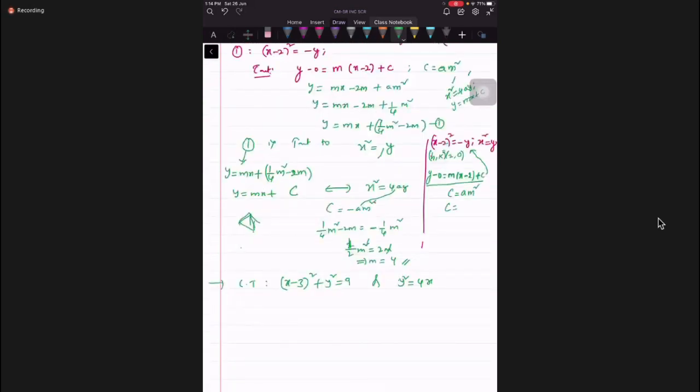Now what is a for that parabola? Minus 1 by 4, no? For this parabola a. Yes, sir. m is m only. So that's why we are now writing the parabola like this: minus 2m and c is minus 1 by 4 m square. All of you, is this fine, students? Yes, sir. That is, we eliminated c from here. All of you?